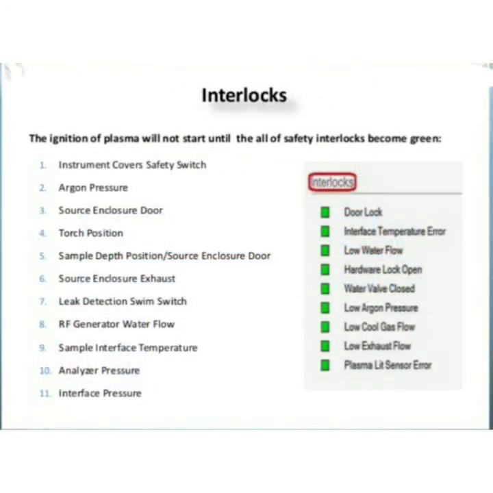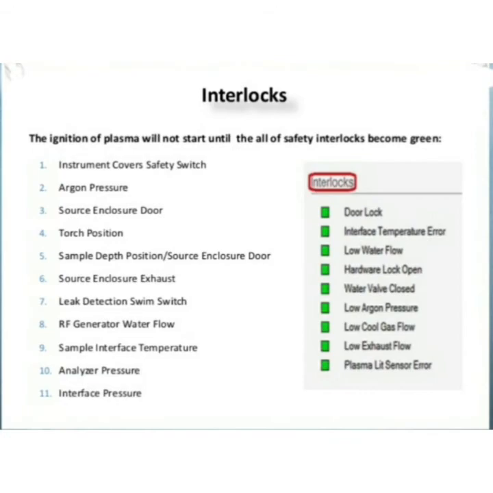What is the importance of interlocks? The ignition of plasma will not start until all the safety interlocks become green. First is the instrument cover safety switch, second argon pressure, third is the source enclosure door, fourth is the torch position, fifth is the sample depth position, sixth is